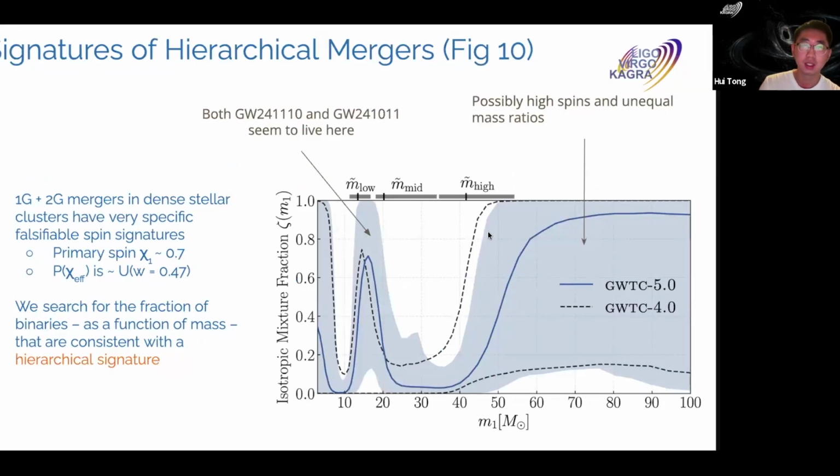Zeta 1 here is the fraction of the black holes consistent with a chi-effective distribution as a very broad uniform distribution predicted by 2G plus 1G mergers. So the figure displays a non-trivial peak of this fraction. There's a pronounced low mass peak between 10 to 20 solar mass, where the two exceptional events just locate. And the median of zeta 1 around this region could rise up to 70%, followed by a dip after 20 solar mass, and a second increase above around 40 or 45 solar